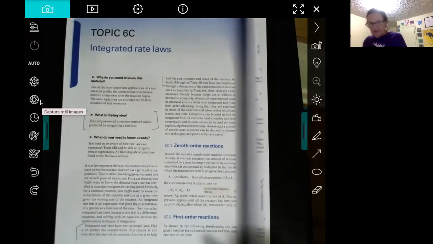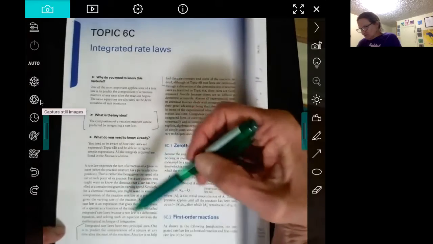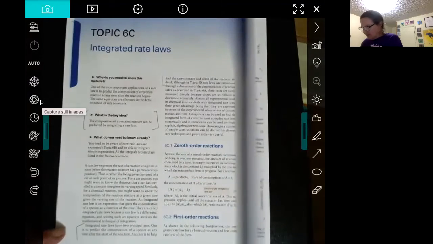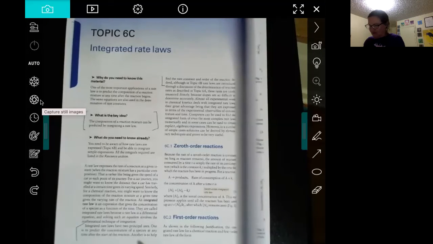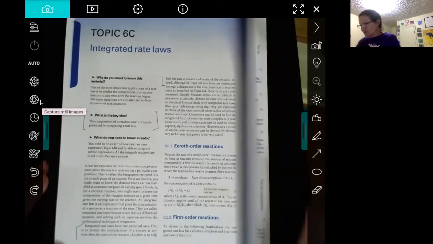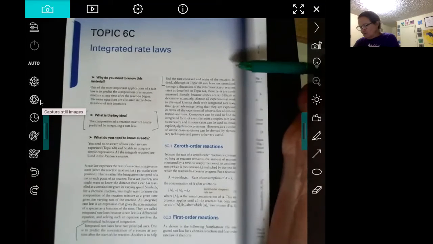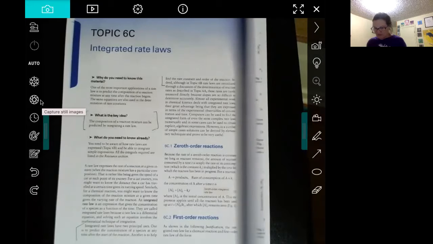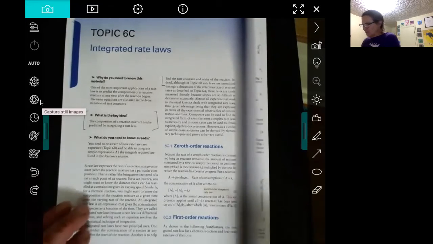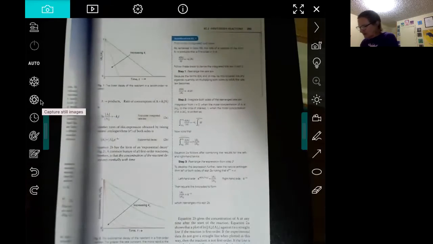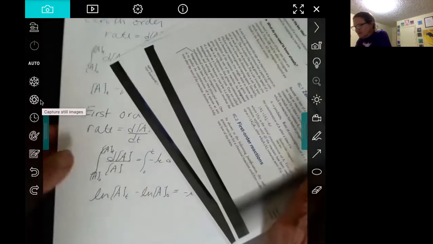There are two principal uses, which is an important thing to think about at the bottom of the page here. One's just to predict the concentration of a species at any time after you start the reaction, so see how concentration changes with time. And the other is to figure out the order of the reaction. When we look at the equations we get, we'll be able to see what should be a straight line when we graph it, and therefore what order the reaction should be. These are all just justifications for the different orders of the reactions: zeroth, first, second. And so let's look at